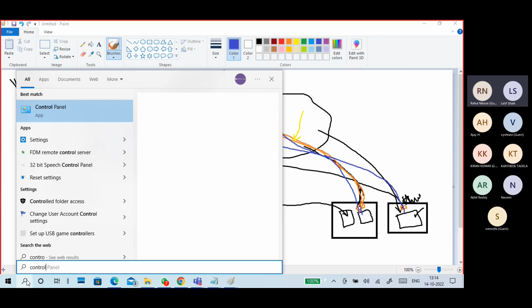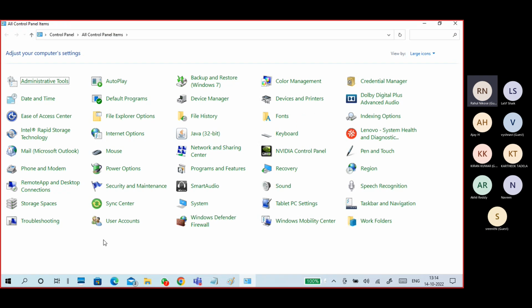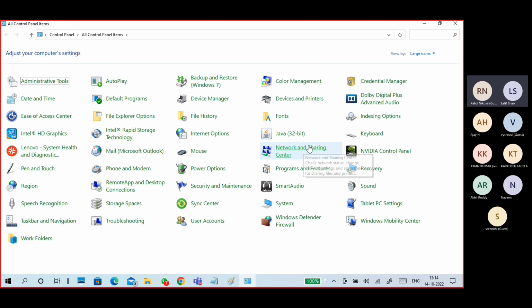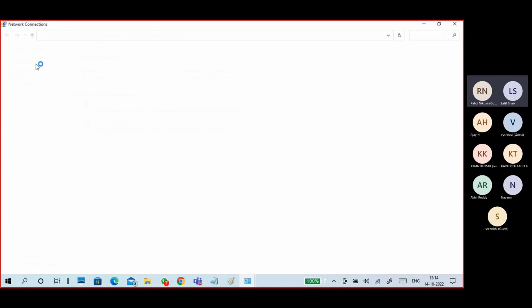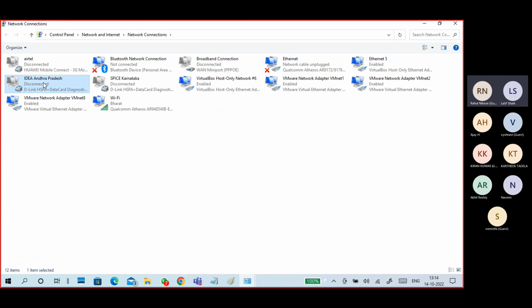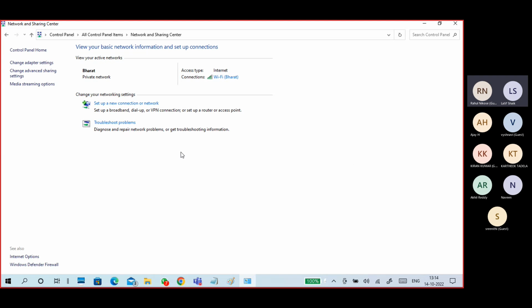Go to Control Panel. Okay. Network and Sharing Center. Go to Network and Sharing Center. I think I removed certain connections from here, so we can go to Change adapter settings. Are there any VPNs there? This looks like some broadband connection, disconnected. I don't know, but I will create a new one.